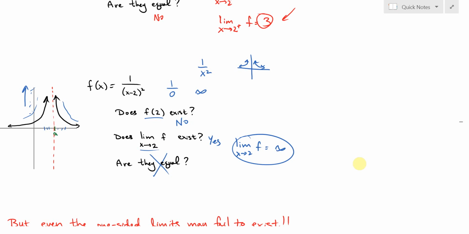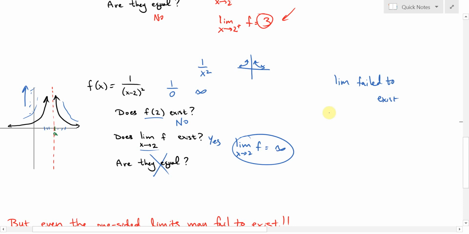seen interesting things. We've seen cases where the function exists but the limit does not. The limit exists but the function does not. They both exist but they're not equal. One-sided limits exist here or there and the function may or may not equal them. So we've got lots of examples. You can go back and watch the video and see all of the different, rich variety of things that can happen. But in each of these cases, when the limit failed to exist,